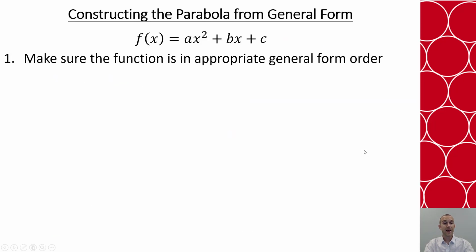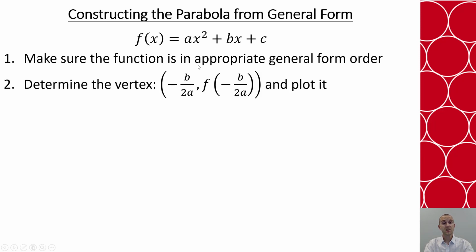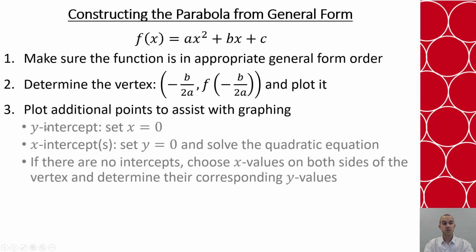Now let's talk about the idea of, well, how do we create this whole graph? First, we want to make sure we have it in general form order. That's the x squared plus x plus the constant. Then we determine the vertex and we plot that on our graph. Next, we try to find other points. This could be the y-intercept. That's when we take the x value and set it equal to 0. If we can, we see if we can solve for the x-intercepts. Here's where we set y equal to 0 and then solve the quadratic equation, where we're either factoring or using